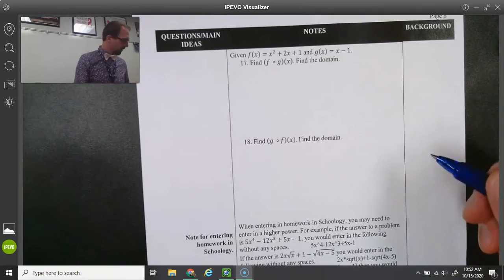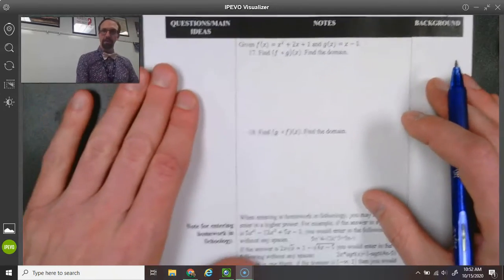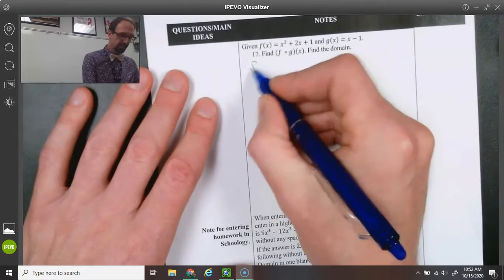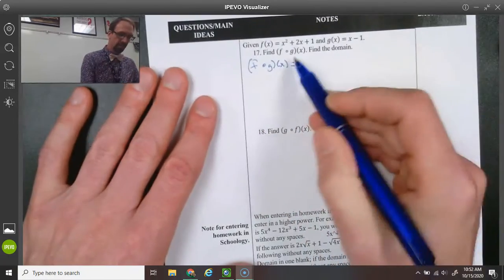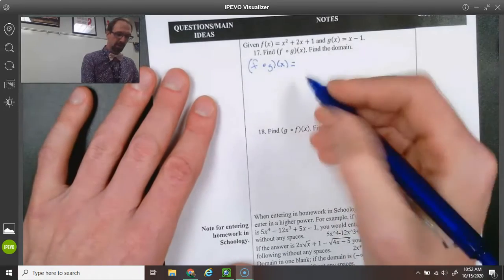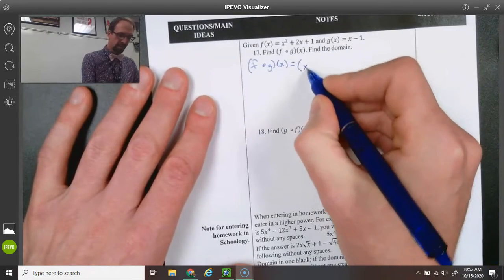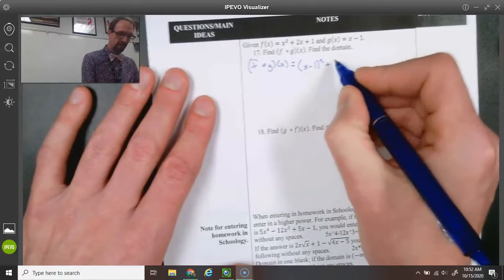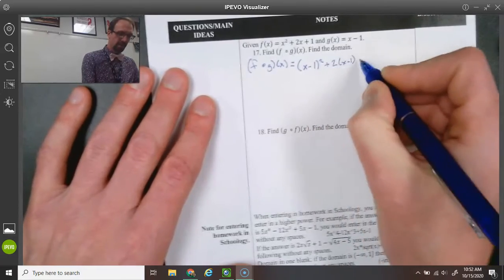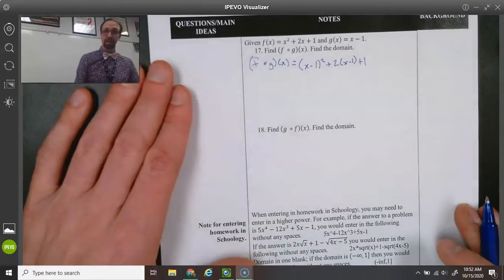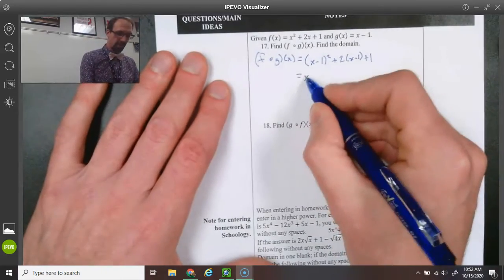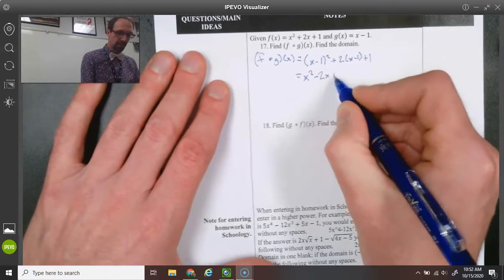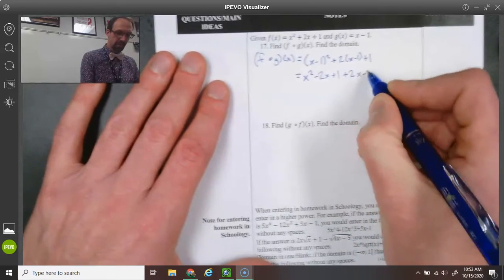These examples are also similar to what we just did. So f composed with g of x is equal to, so I'm going to take x minus 1 and plug it into wherever I see an x on this one. So I'm going to have x minus 1 quantity squared plus 2 times x minus 1 plus 1. This one, the parentheses do make a difference. When we take x minus 1 quantity squared, we get x squared minus 2x plus 1 plus 2x minus 2